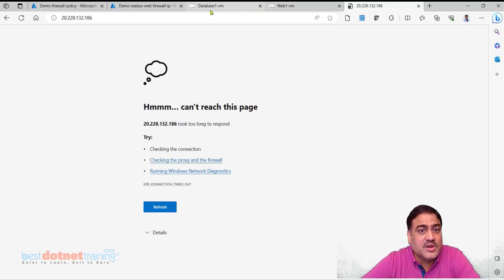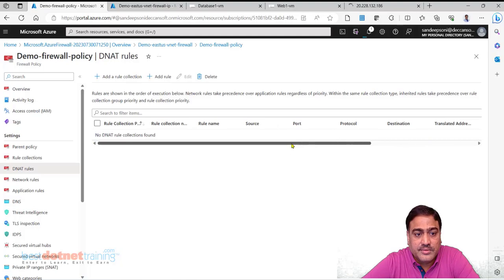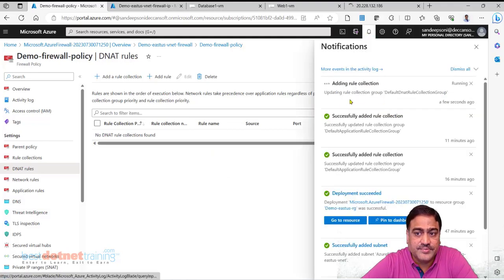And this will start working after a while. Once the rule is created, this will start working. We'll have to wait for the rule to get created.